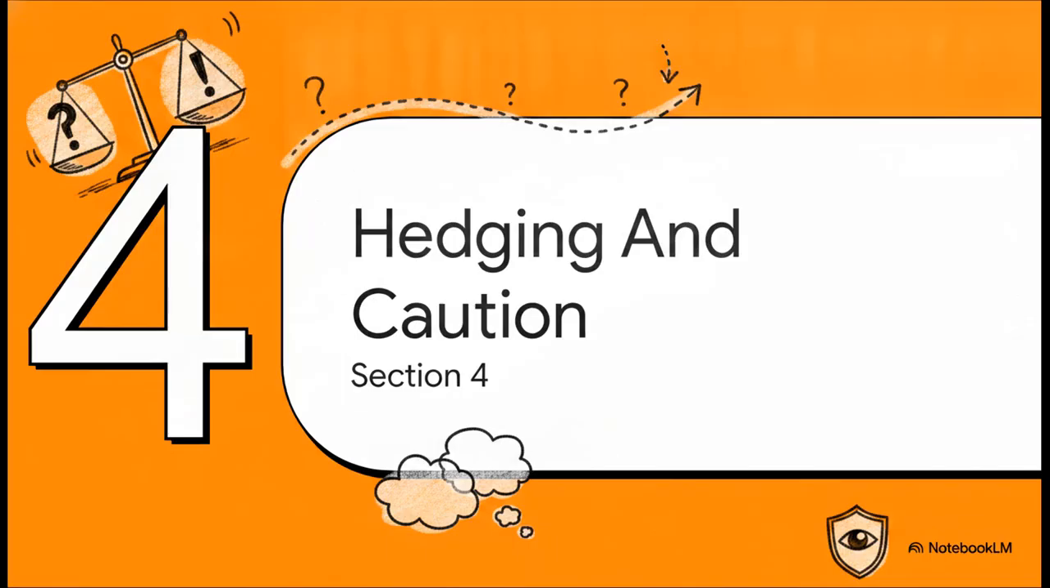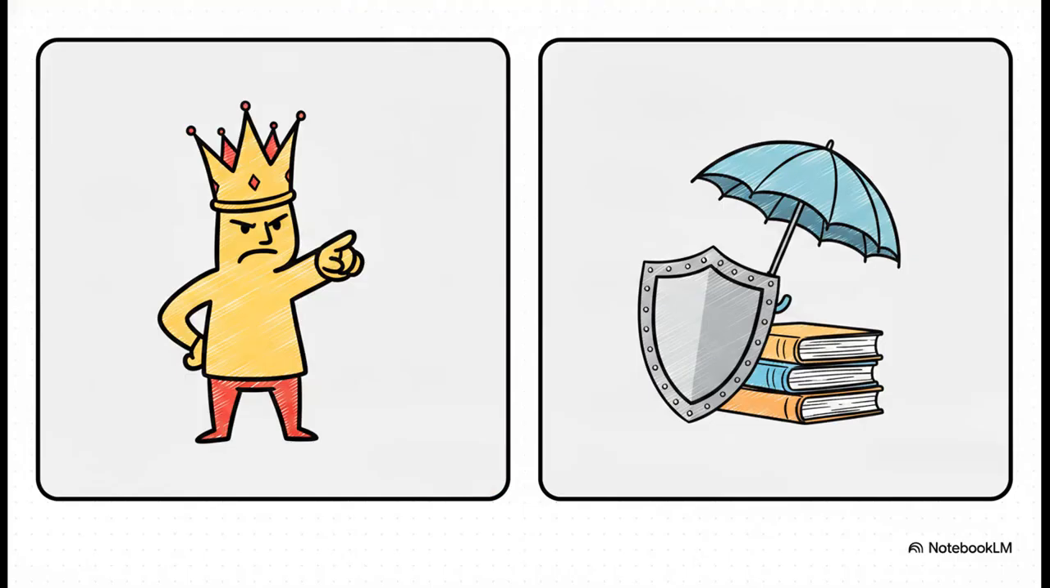Moving right along to Section 4, Hedging and Expressing Caution. We absolutely have to talk about hedging. This is the academic practice of softening your statements to show appropriate caution. It's basically how you prove to your professor that you understand the nuances and limitations of your own research. The source material highlights how combining those empty "it" and "there" subjects with modal verbs gives you the perfect tone